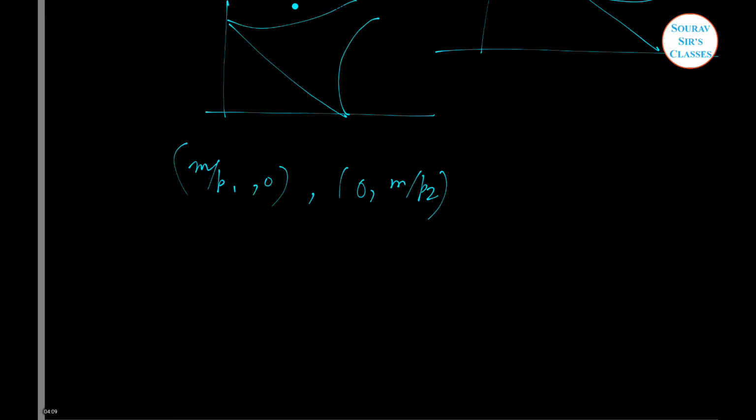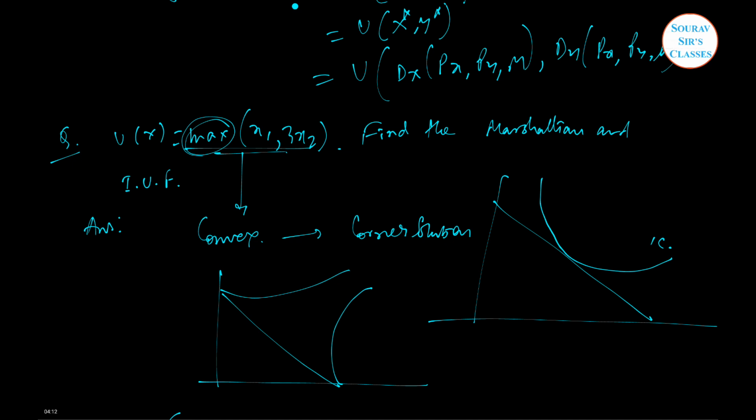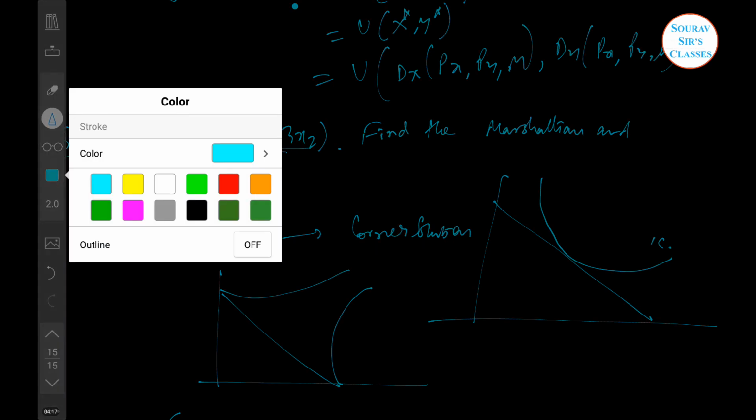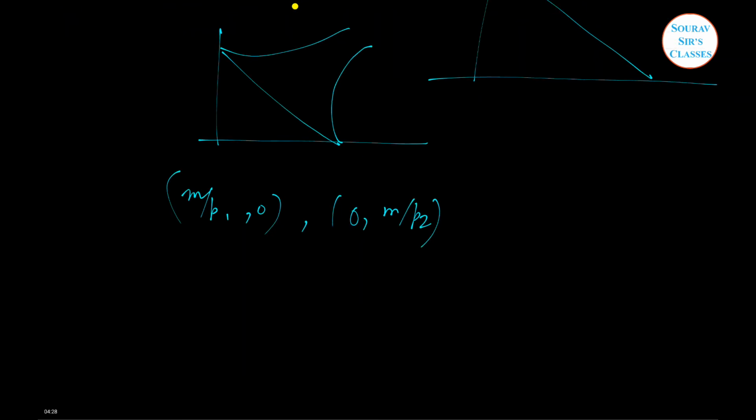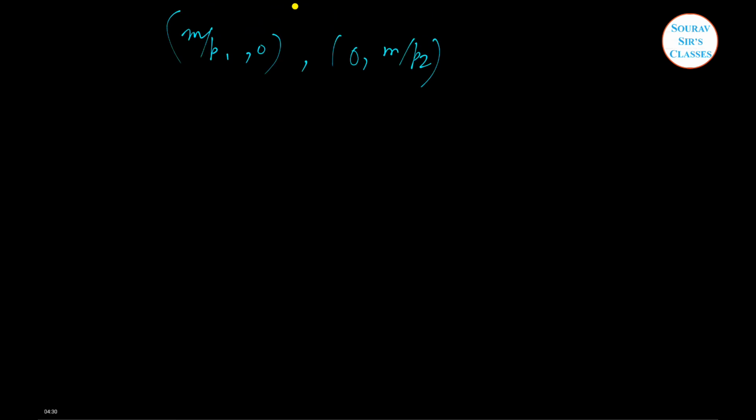Remember that whenever the function is maximum or minimum, they don't give you a direct function like U equal to 2x1 plus 3x2. You have to solve it like this. Okay, so here it is first of all a convex function and we are solving it like this. So simply for the person, the Marshallian or demand function will be x of p comma m,